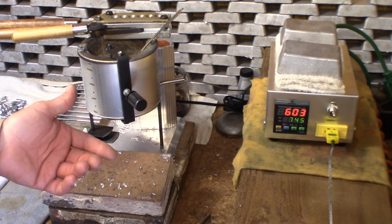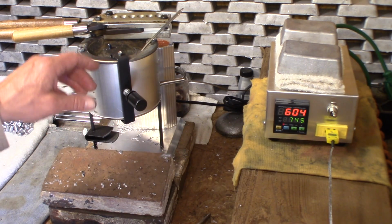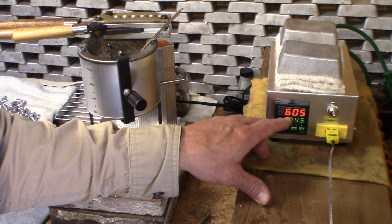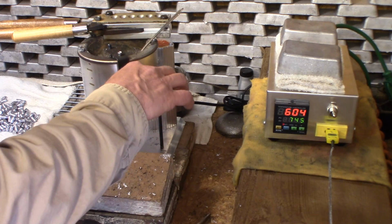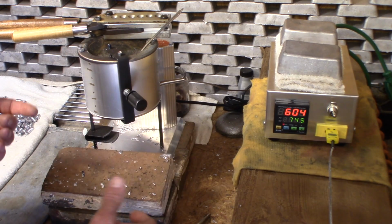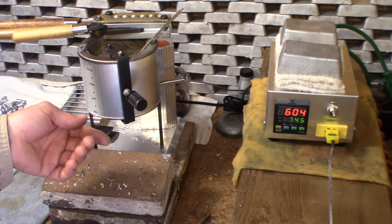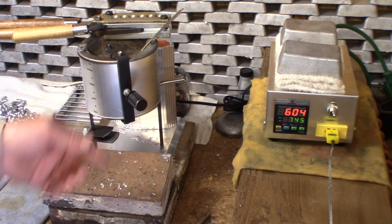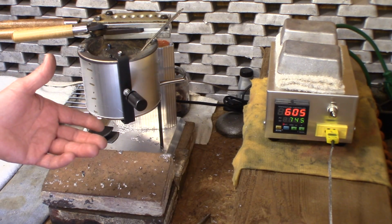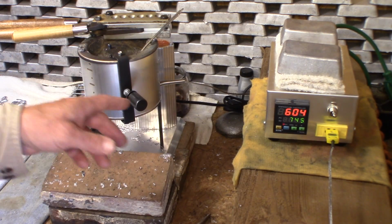So it looks to me like, if the temperature would have been 30 degrees hotter inside the pot, then I would still have liquid. But I don't. It's not coming out. And I have 3/4 of an inch of lead in there, which is plenty to run your pot. I usually run it down 1/2 inch or 1/4 inch maybe. But anyway, it's interesting to note. You guys see it. You can make up your own mind. But I'm feeling pretty good about the temperature that I'm measuring with the PID controller on the bottom of the